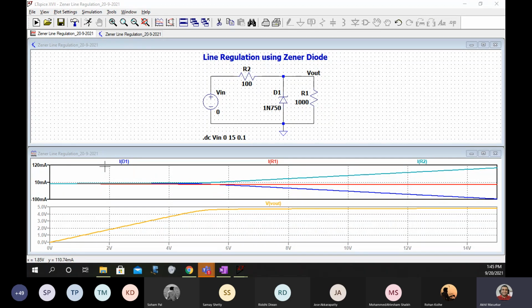Okay, Jose, that's okay. You have got a graph which is like Riddhi's only. No problem, let it be.